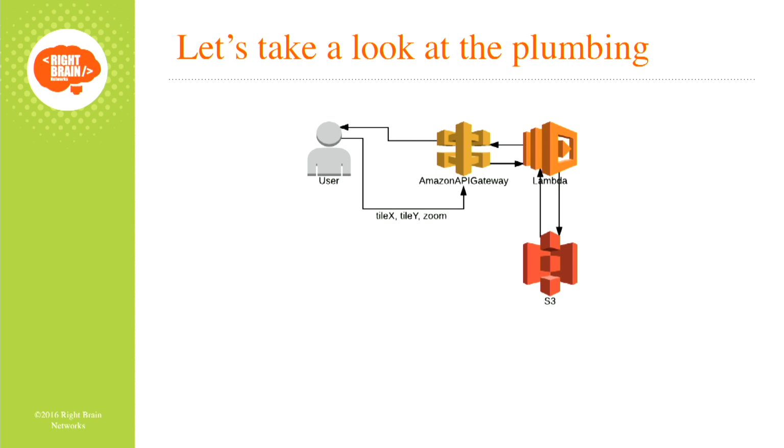API Gateway is a relatively new utility from Amazon by which you can define an endpoint. You get an endpoint from Amazon, HTTP, some long random string, amazonaws.com/whatever. You can define what data you're going to get, what data you're going to post, what data you're going to pass along in the post, and it translates it potentially to JSON, which is what we do, and then passes it on to Lambda.